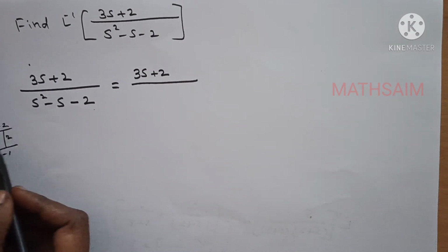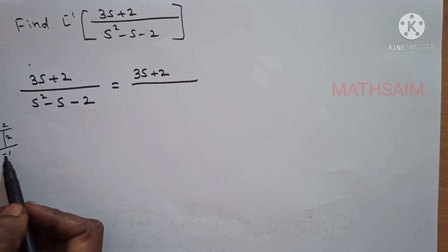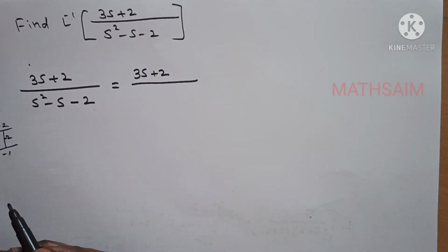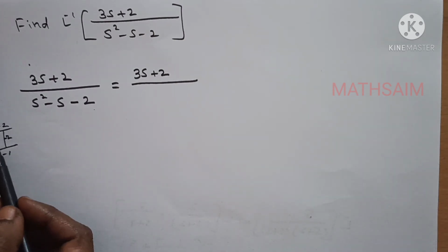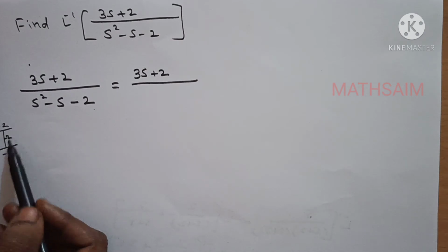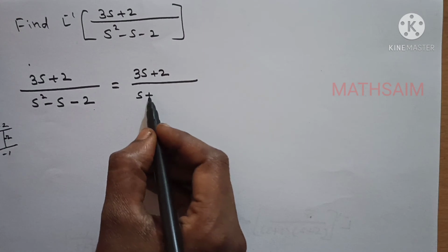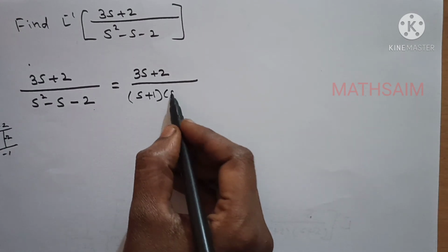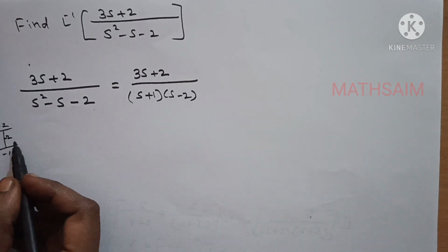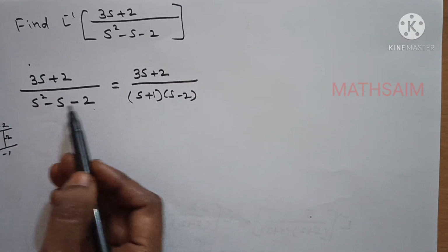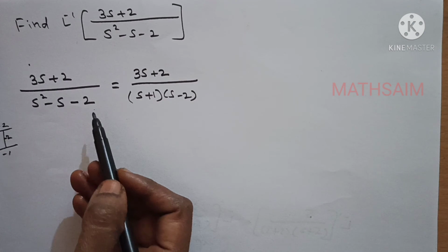You can get minus, but you cannot get minus 1 here when you are adding these 2, okay? So here it should be plus and this should be minus, then only you can get this term. When multiplying these 2, you get minus 2, and when adding, you get minus 1. So these are the factors, s plus 1 into s minus 2. So s square minus 2s plus s is minus s, and this will be minus 2. You got the original function, okay?